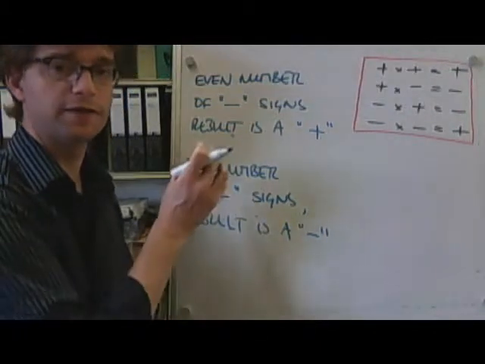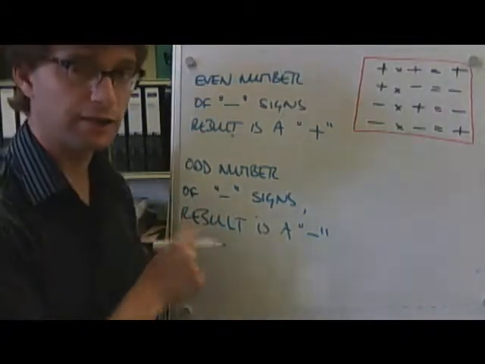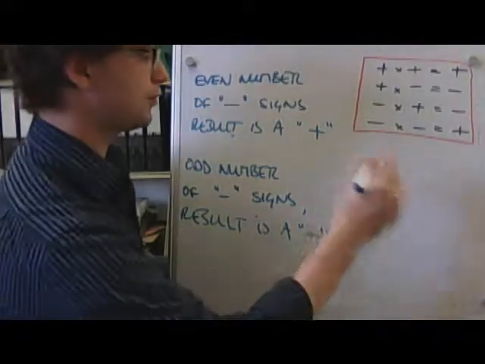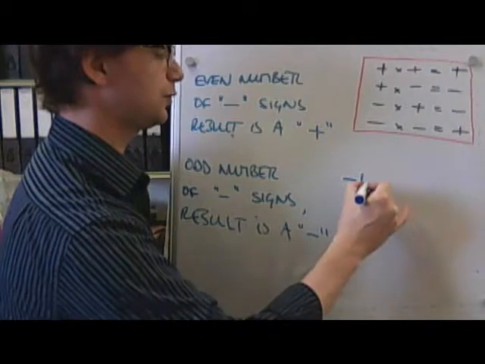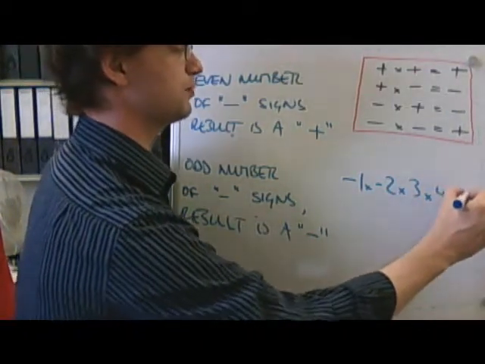I'm not talking about the numbers that are in the question. I'm simply talking about how many minus signs there are. So if I've got to do something like -1 times -2 times 3 times 4 times -5,